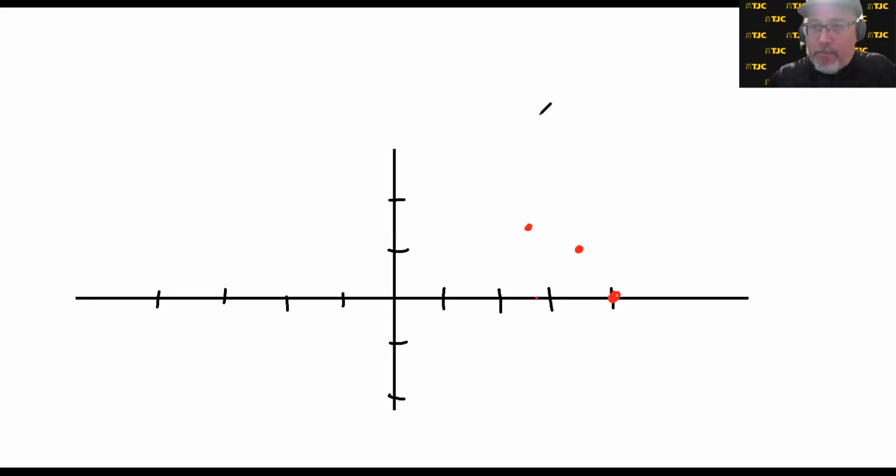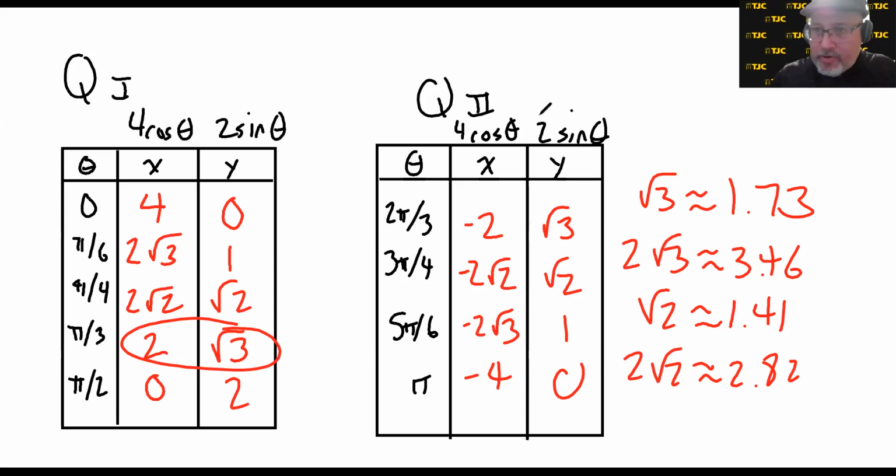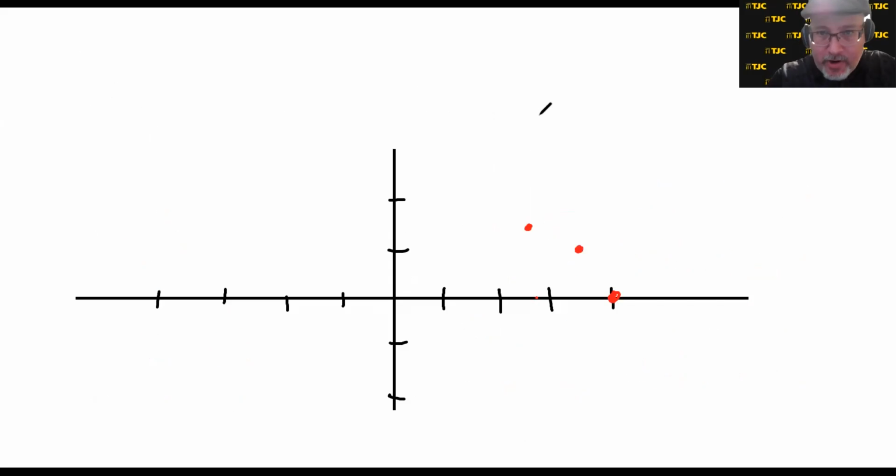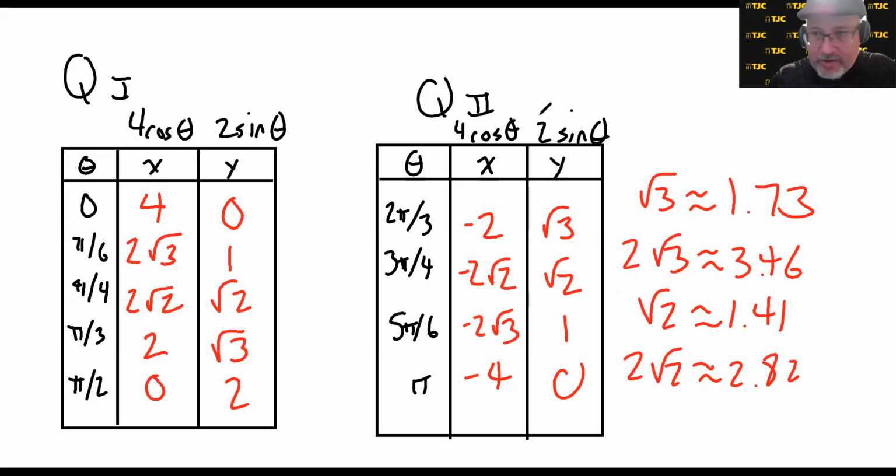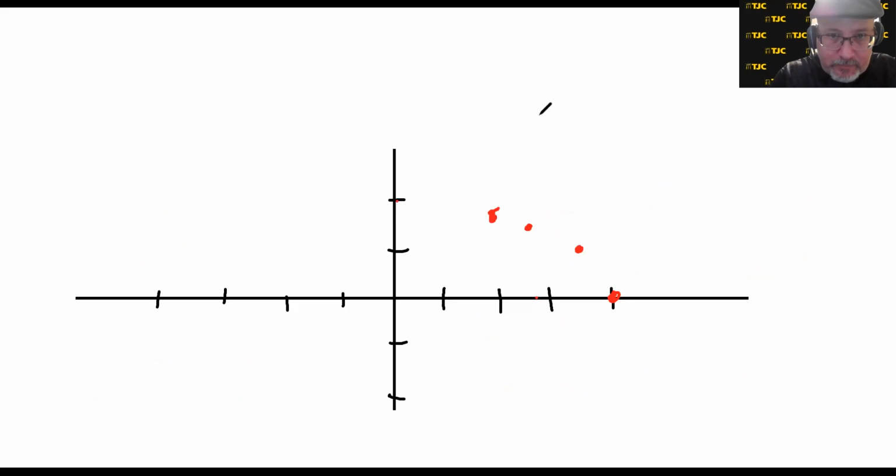All right, so we're on the fourth point. The fourth point is 2, square root of 3. So it's 2, 1.73. 2, 1.73 over 2, up 1 and almost 3/4. So right about there. And then the next one should be 2, 0, 2. It is. Okay. Now,